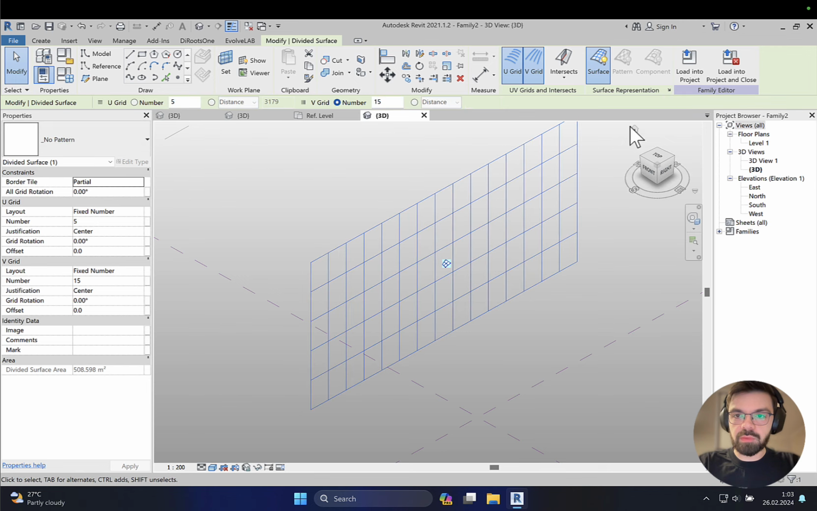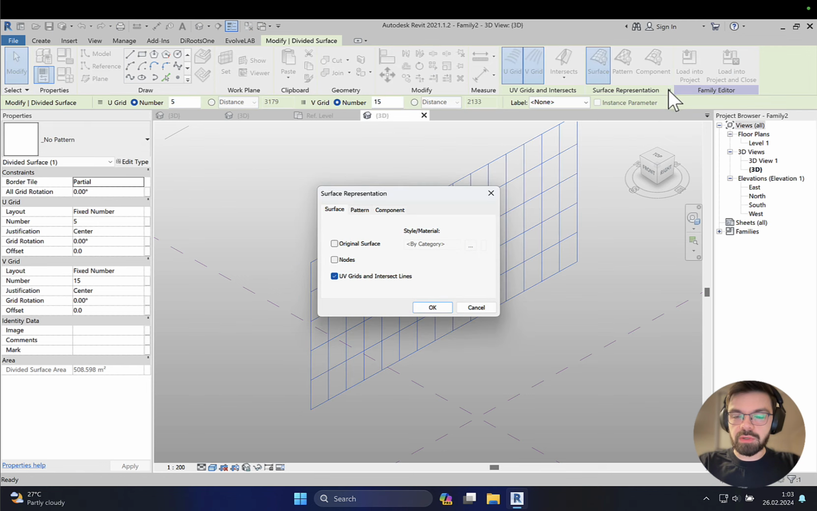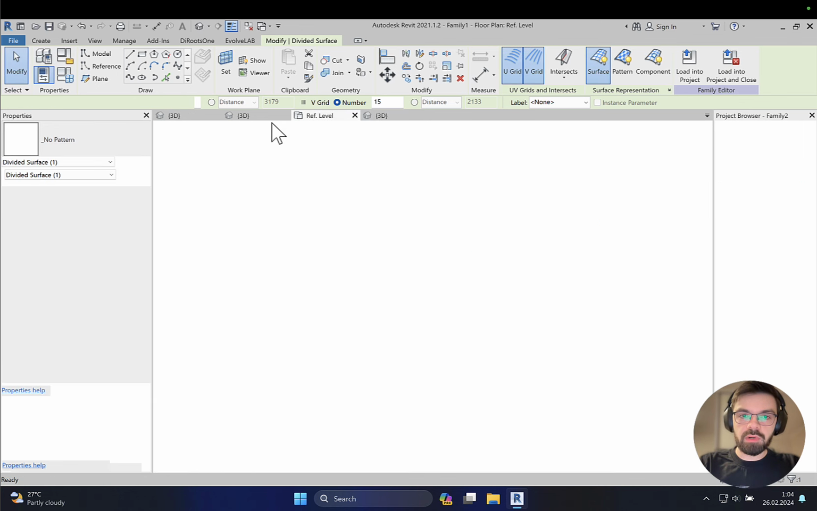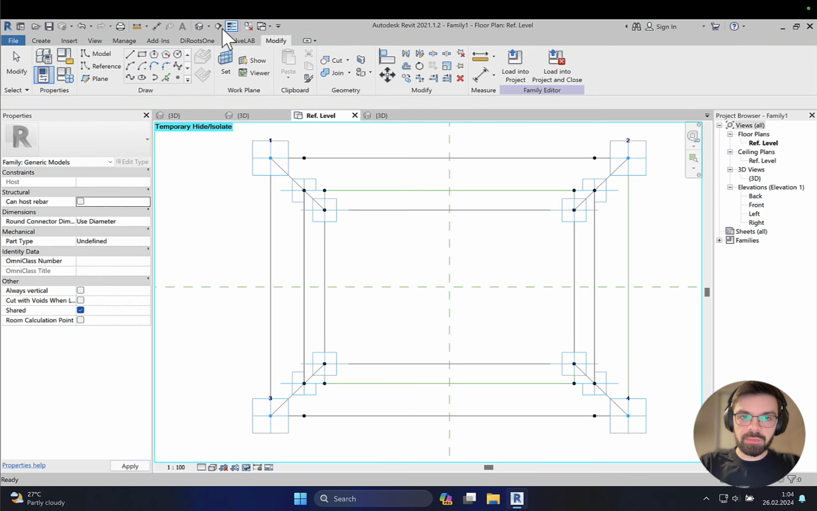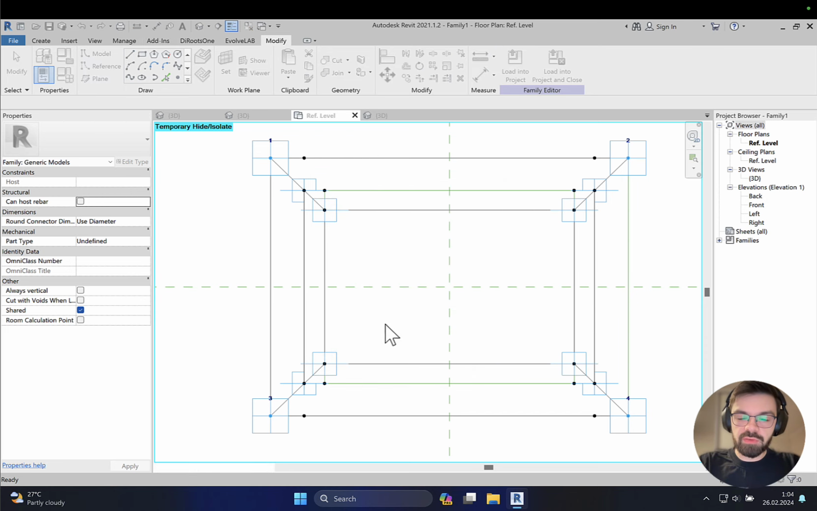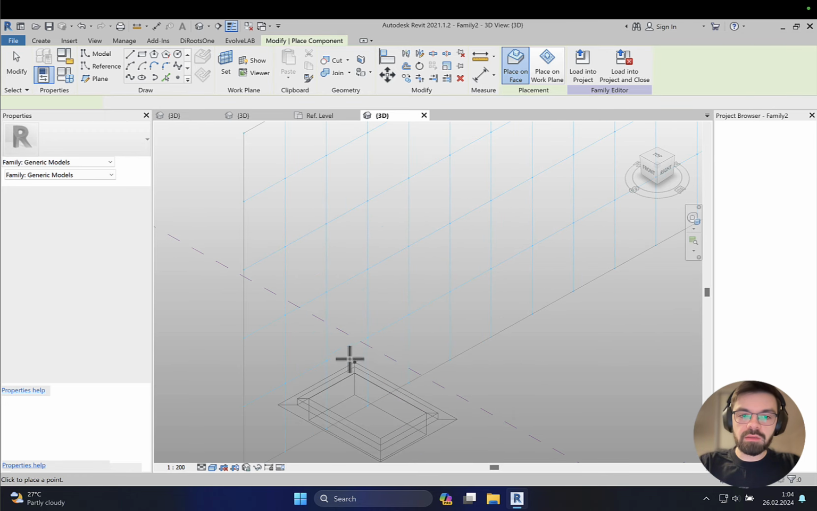Now I will select my grid. I will go here under the options and click nodes, because actually here, as you can see, nodes. Now I will go back to my family. I will load my family into the conceptual mesh. Actually, as this is family 2, I think. Yeah. And do you remember